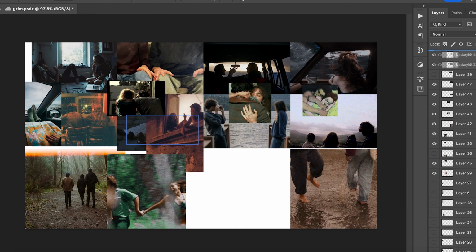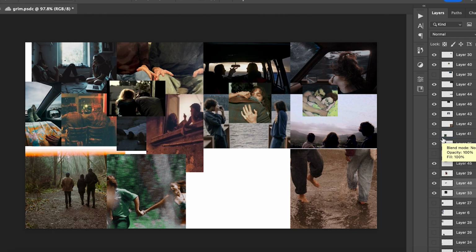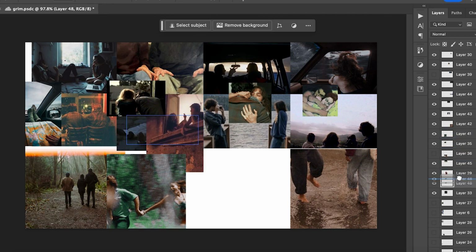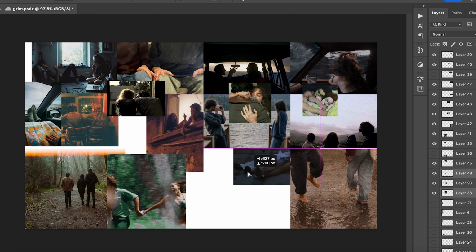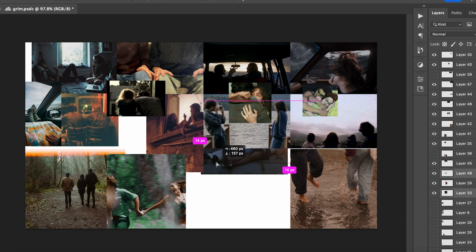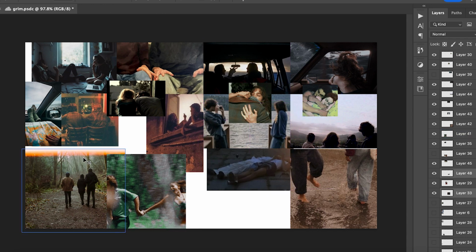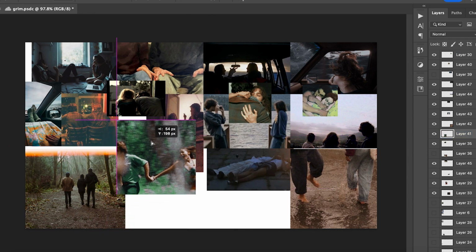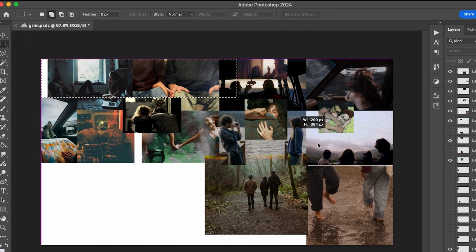I now have started messing around with the layers, seeing if anything looks best with a double exposure or being cut out. I do get a little finicky and I spend a lot of time on one image, right here actually, trying to figure out how would it overlap, would it look good anywhere before deciding that this really isn't what I should be spending my energy on, and if it's going to cause me that much of a problem, then it's probably not the best photo for the vibes anyway, because I'm having to work really hard for it. I did say this was a real-time edit with me, but I cut out about 3 minutes of me